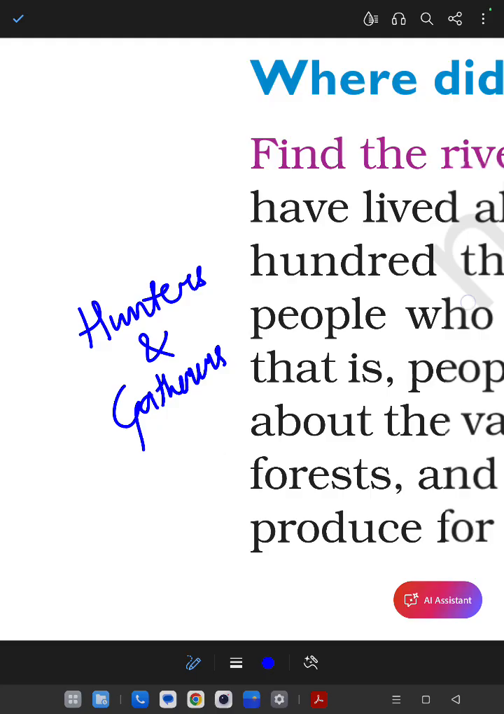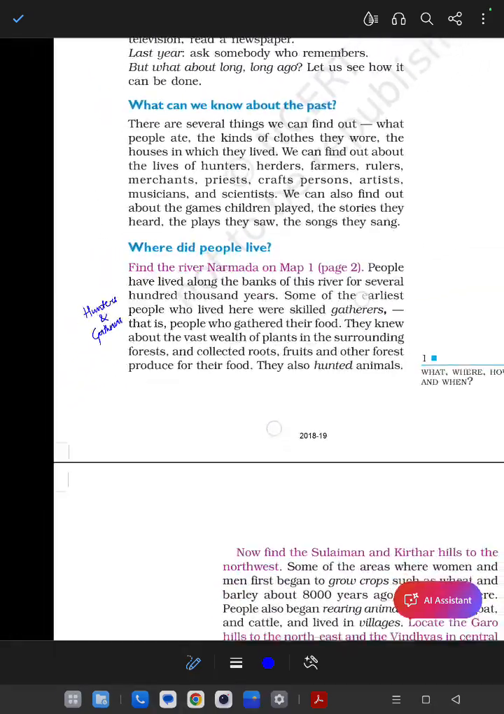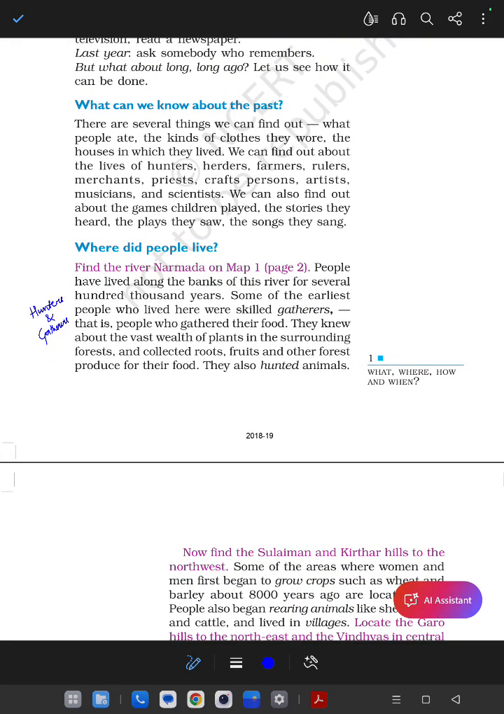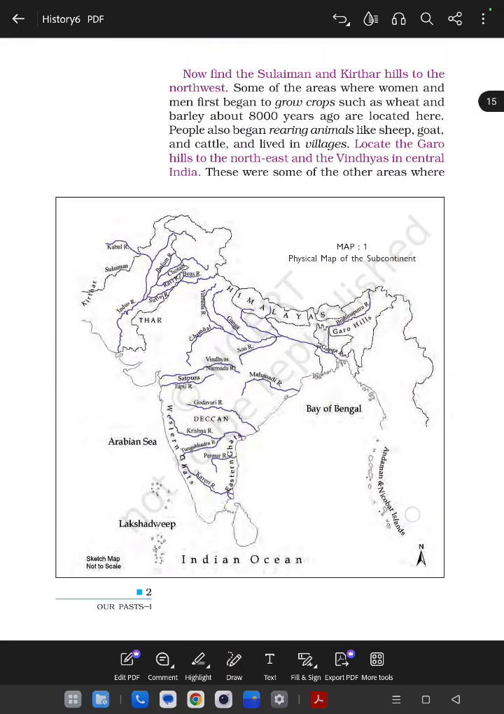So this line indicates that phase, that on the banks of Narmada people used to reside, and their way of living was hunters and gatherers. Okay, hunters and gatherers. Next,